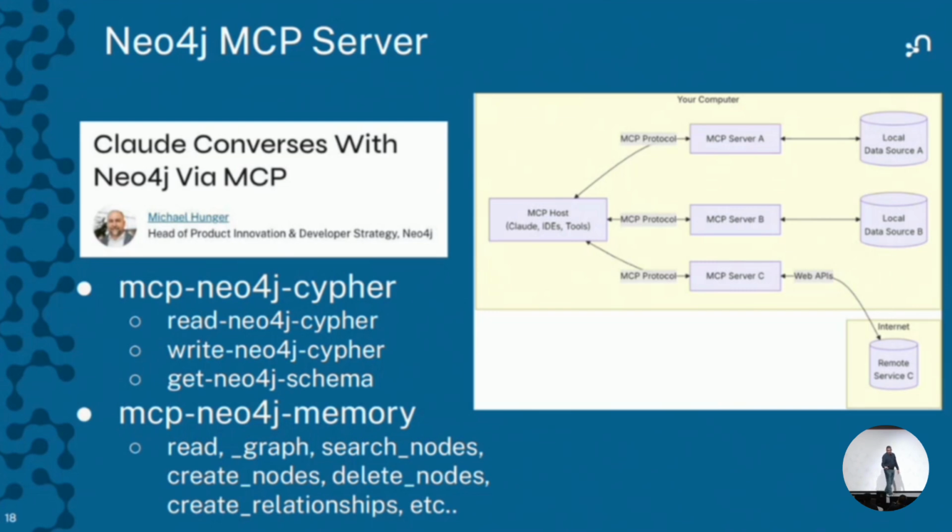But read Cypher and write Cypher are also available as tools that you can expose to your MCP hosts. And then you can say, hey, here is my retrieval pattern: first run vector search, then get the node IDs and pass them as parameters to this Cypher statement, and go grab all the